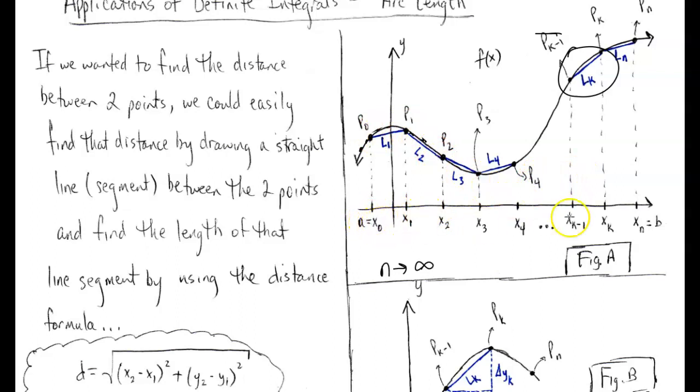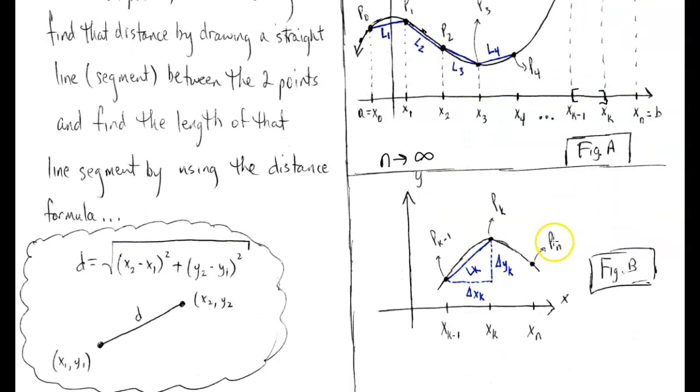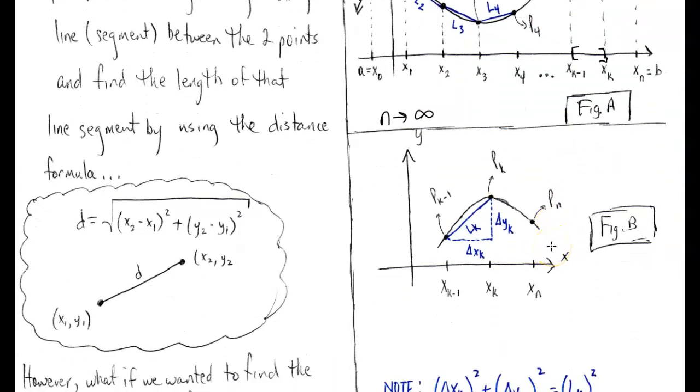Well, it turns out that since our function f of x is smooth and continuous along this interval from x equals a to x equals b, and specifically, if we look at it from a micro point of view, we know that our function is going to be smooth and continuous from x sub k minus 1 to x sub k for any specific length L sub k. So we'll look at it this way. So for this closed interval here,